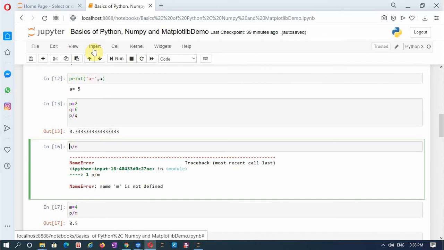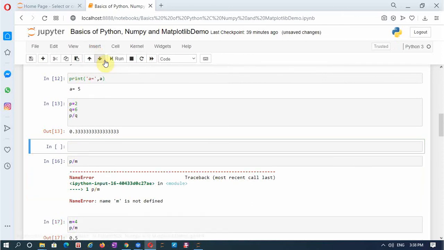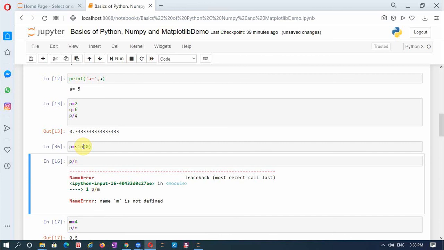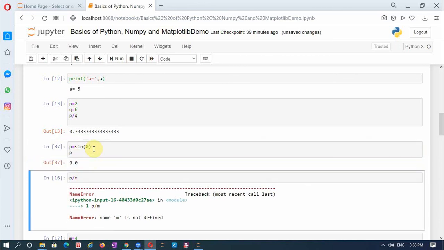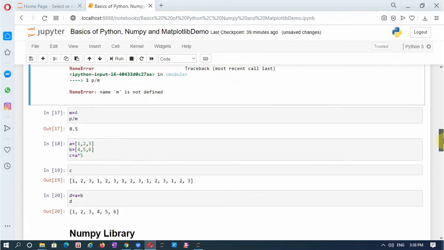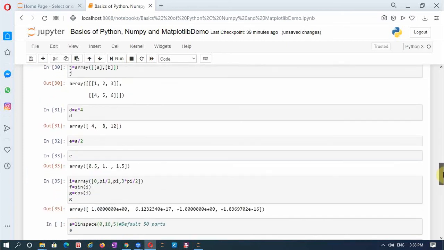Let me add a cell here above this and find out some p is equal to sine of 0 and type p. So this is also taking trigonometric functions. It was not available previously. Anyway,